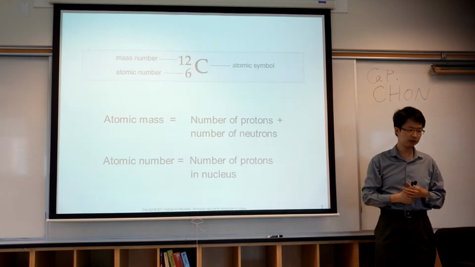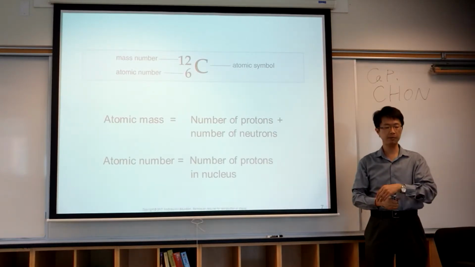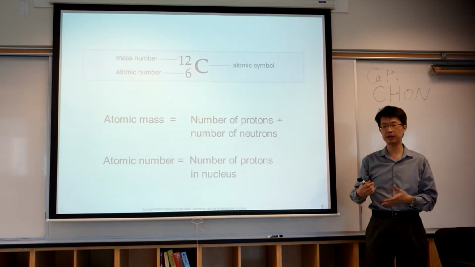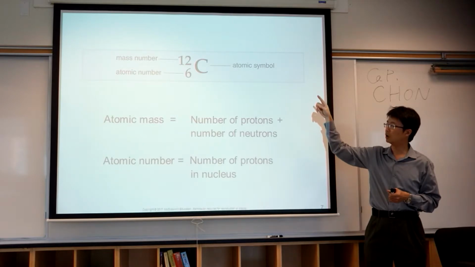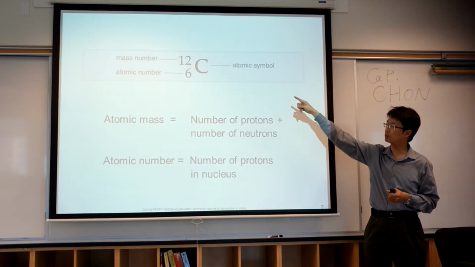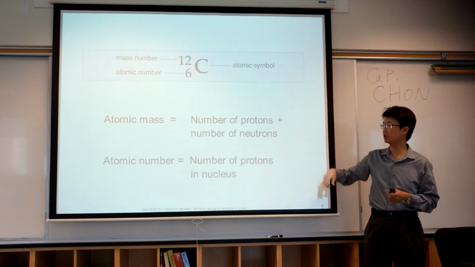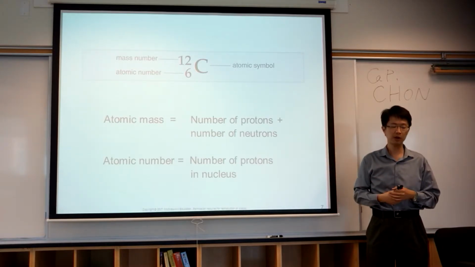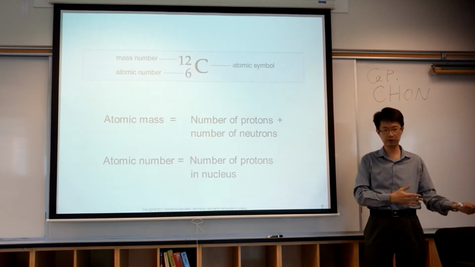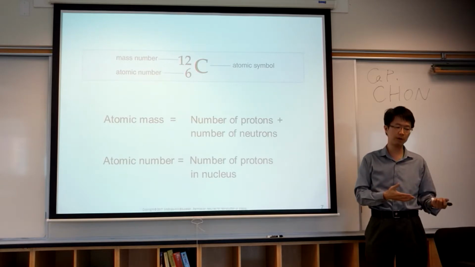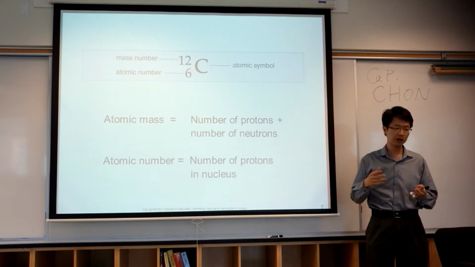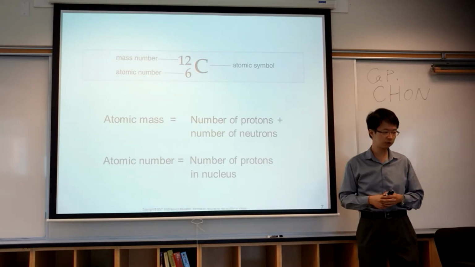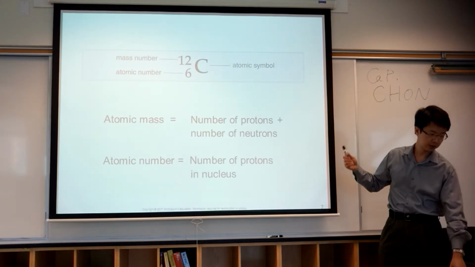So I can give you a question in the exam asking you to tell me the number of electrons. And I just give you this. What you need to do is use the atomic mass number, or the mass number, 12, minus the atomic number, 6. Then you give me the number of neutrons. So I can ask you the number of neutrons. Or I can give you the number of protons and the number of neutrons, and then ask you to give me the atomic mass, or give me the atomic number. Then you do not mix up the terms. So there are several ways I can test you on this, but you have to know how to calculate the different numbers.